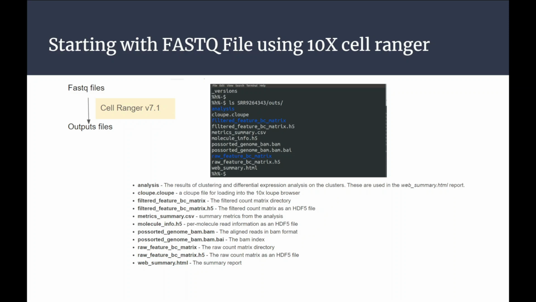You just have to explore Cell Ranger, the parameters that are needed, how to tweak and modify them to generate good alignment results. In the output you will have a couple of files, but we are only going to focus on two. This is taken from the Cell Ranger documentation itself. I'm going to focus on these two files highlighted in blue: the raw feature barcode matrix and the filtered feature barcode matrix.